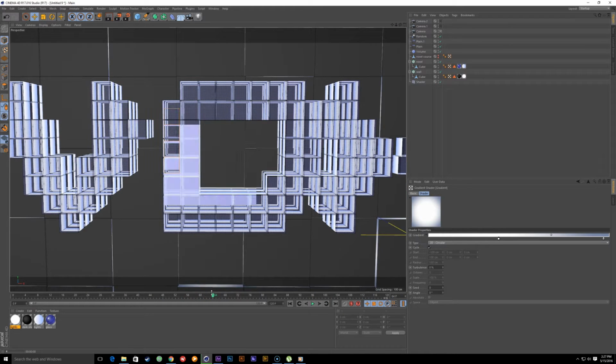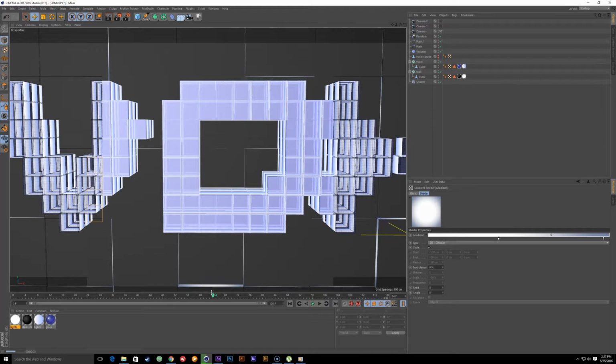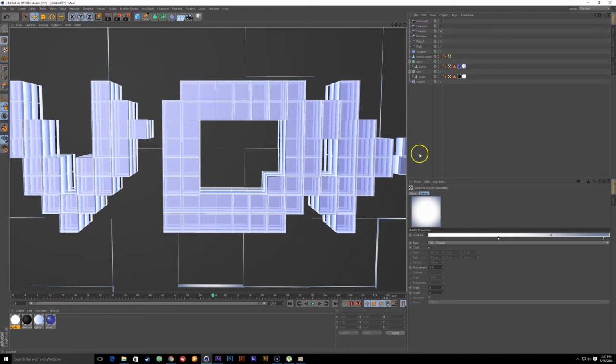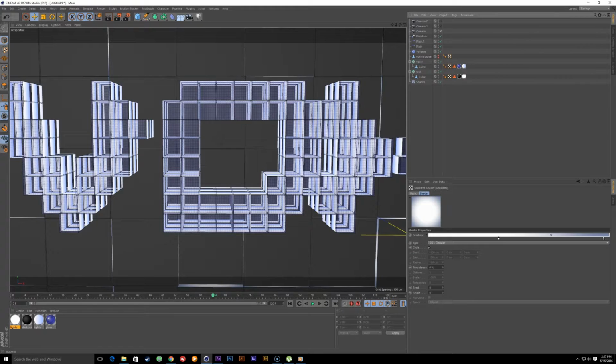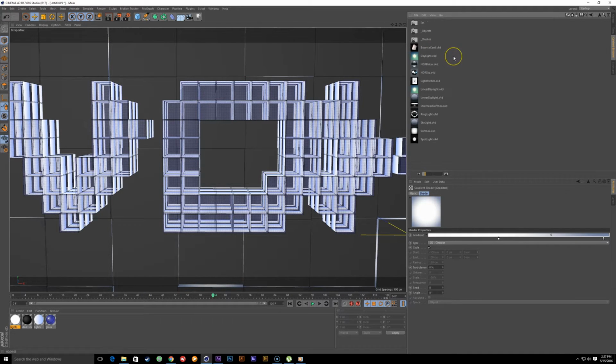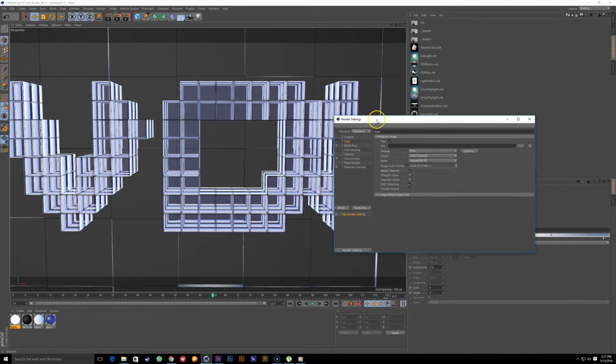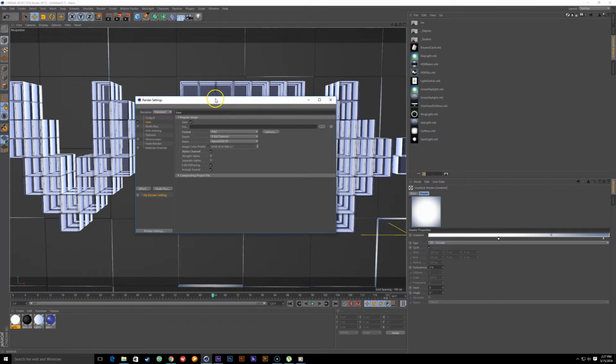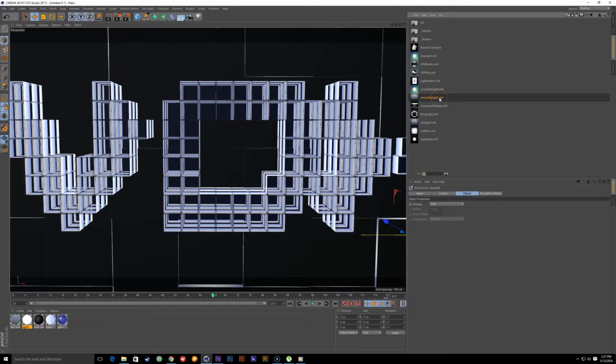Just gonna hit Control R. It's just the default lighting. There's no lighting right now. Okay, looks fine to me. So for my lighting, usually I just use the Grayscale Gorilla Light Kit Pro. I find that to be really easy because I'm using the basic standard render engine. If you have something like Octane or whatever, go ahead and use that. It's probably better. But I don't have it, at least on this computer, so I'm just gonna use my standard render,